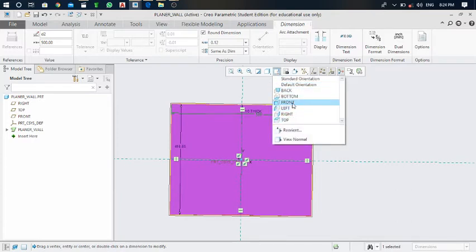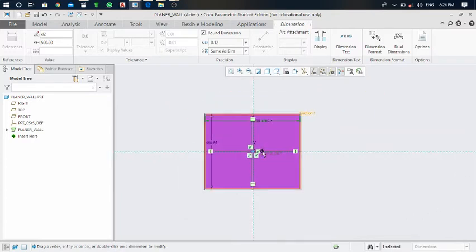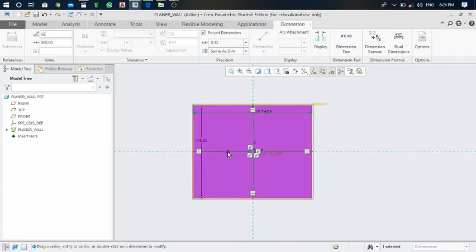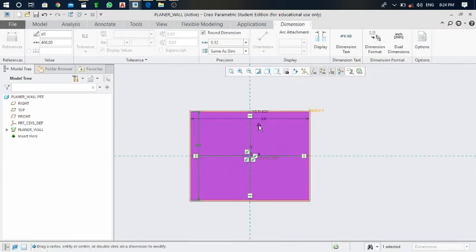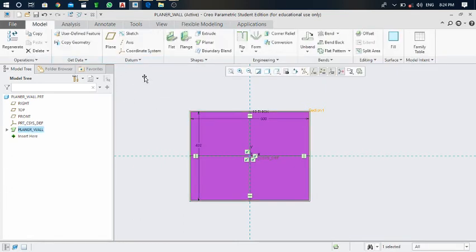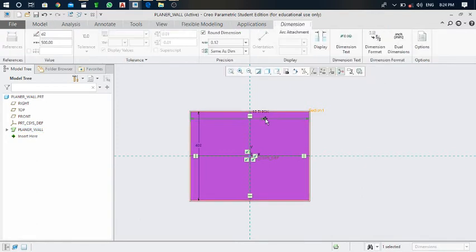Take this front view, and you can see the dimension. Click on the dimension, make it 400 and press enter. Okay, and next you can also change it from here by putting the length and width dimensions over here. If you click on this dimension, the dimension tab automatically opens.